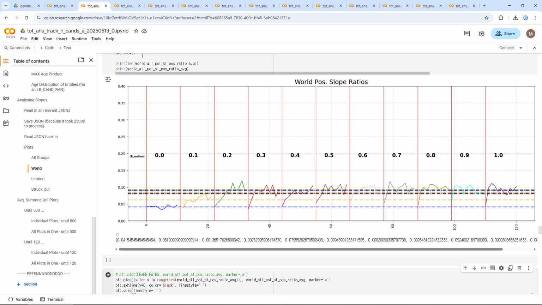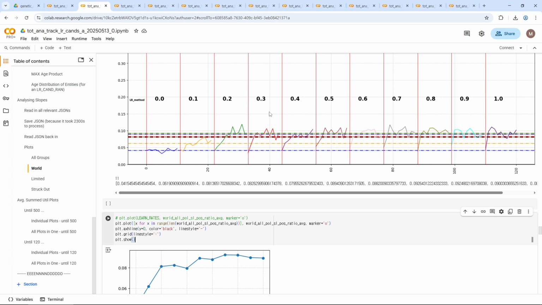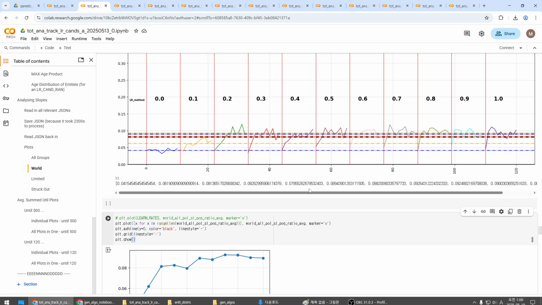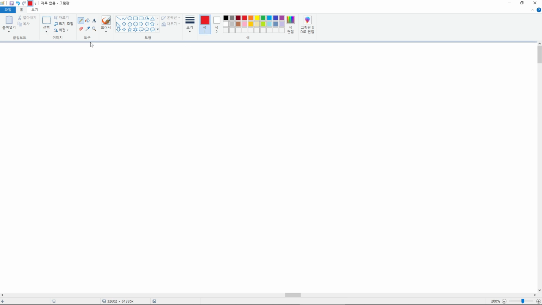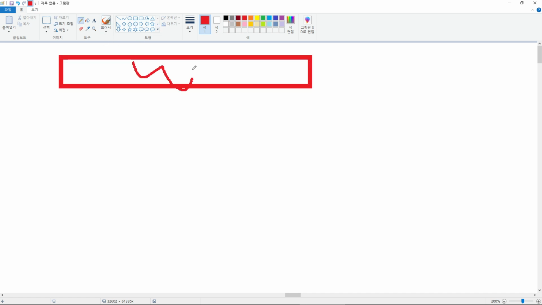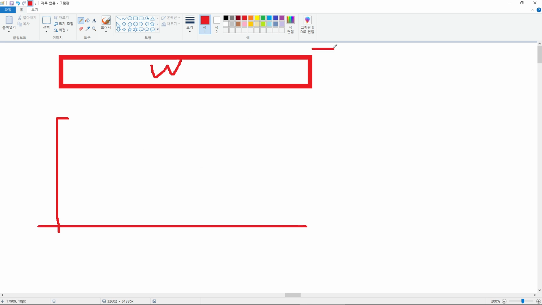However, in this notebook, for the candidacy method, proportional tail is being used, and proportional tail, just as a reminder, is where, if this is the world, this is the tail, this is the head,